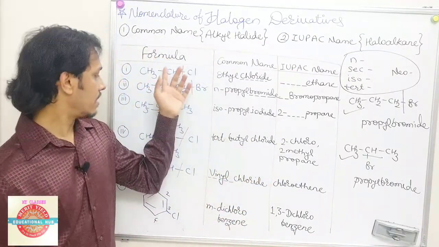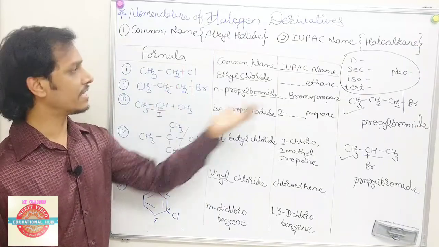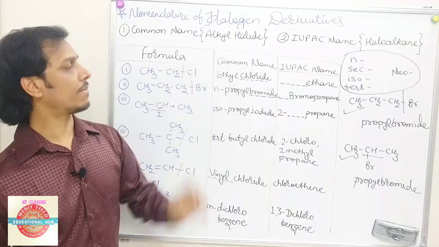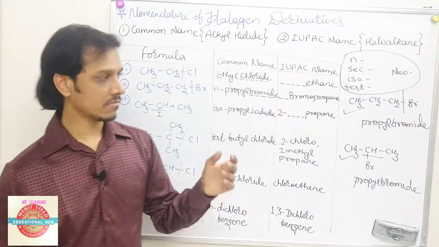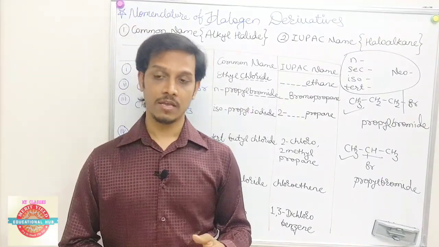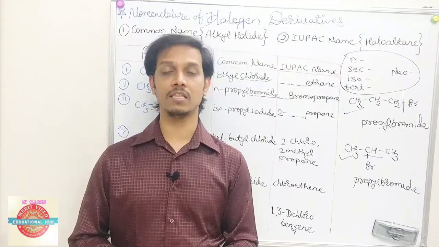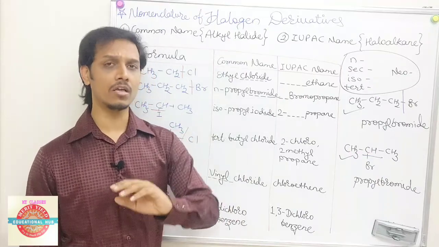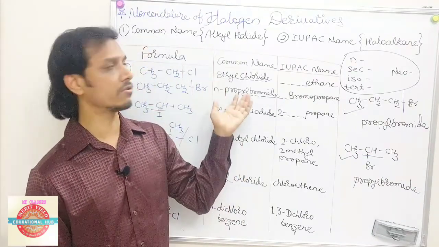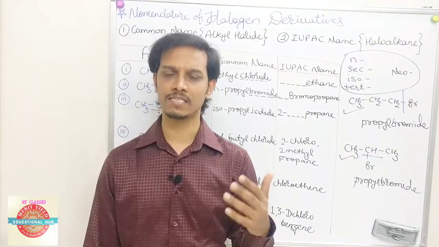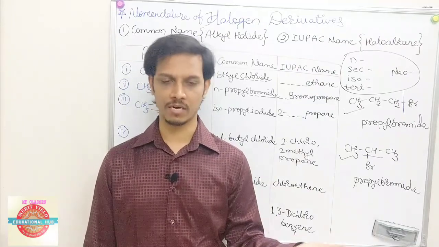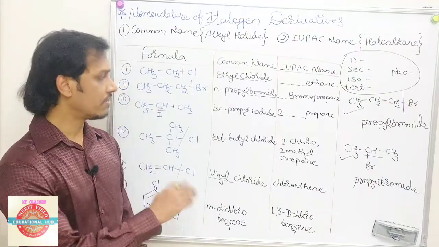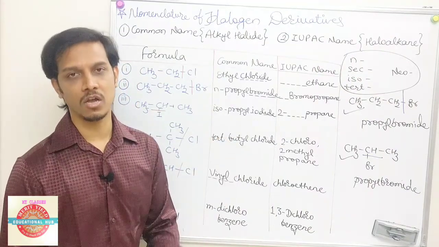So that's why up to these 4 we are having the basic rules. So n, sec, iso, tertiary, and neo. It is the common nomenclature system of the halogen derivatives. In the description we can get the whole list of the nomenclature systems. In that you can understand the whole nomenclature system, not only for halogen derivatives, but alcohols, phenols, ethers, aldehydes, ketones, everything you can see in that particular section. Here just this much part is sufficient. So now we'll move to the IUPAC nomenclature system.